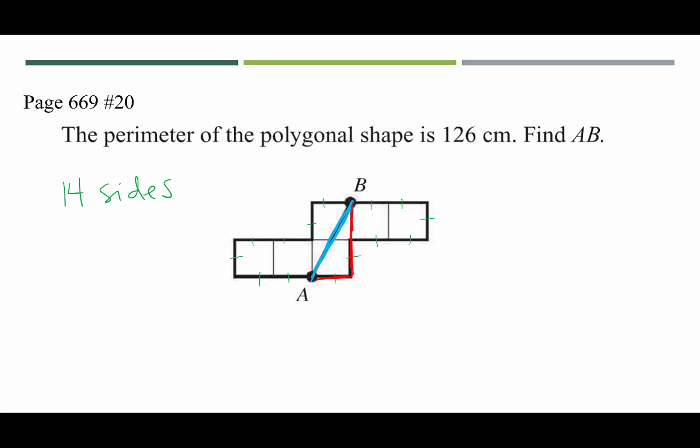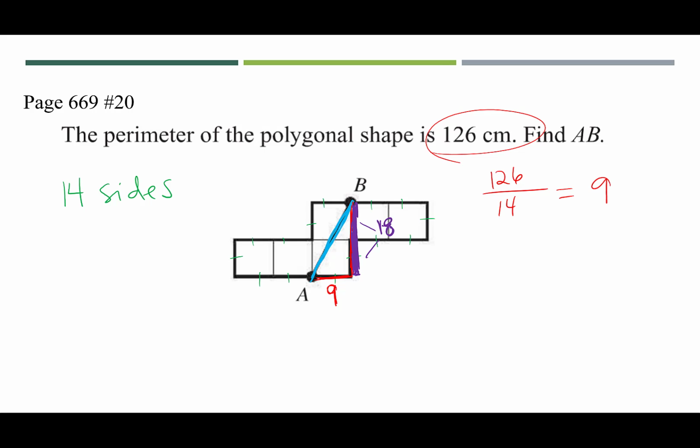The first thing we need to do is find the distance of one side of the square. This is where the perimeter comes in handy. If all 14 sides together is 126, we need to do 126 divided by 14, and that's 9. So now we know each side is 9, so that makes this distance here at the bottom of that right triangle 9. And then this distance right here, this longer leg that I'm highlighting in purple,